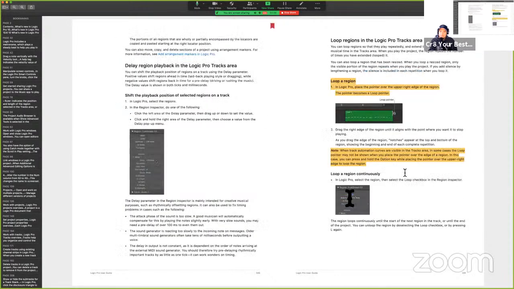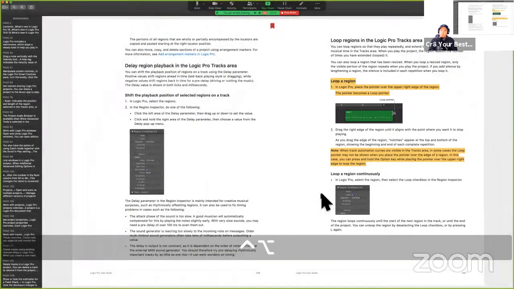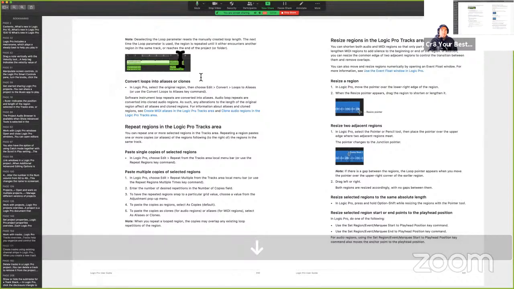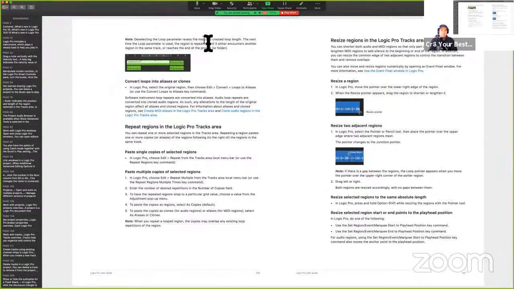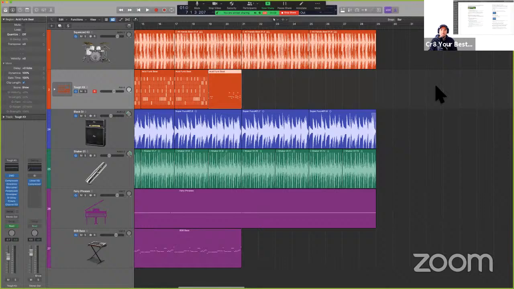Looping a region continuously. We hit L, or we can go into the region inspector. I've showed you this on a couple of occasions, so the show must go on. Deselecting loop parameters resets the manually created loop length. The next time the loop parameter is used, the region is repeated until it either encounters another region in the track or reaches the end. Okay, so basically what they're saying is here, hey, if you happen to